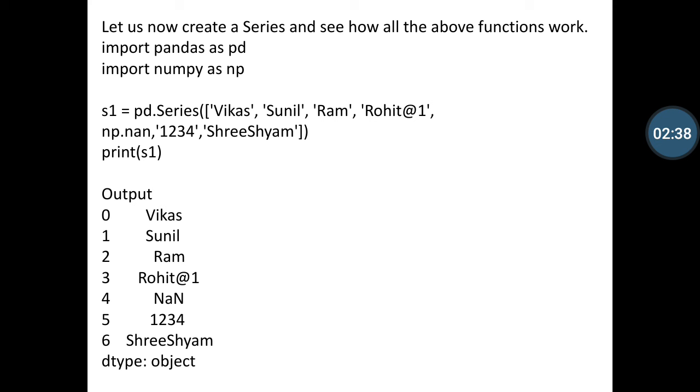And then after print s1, our output prints the string values as defined in the series.